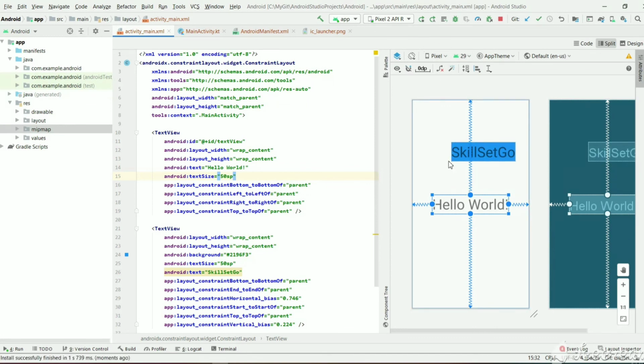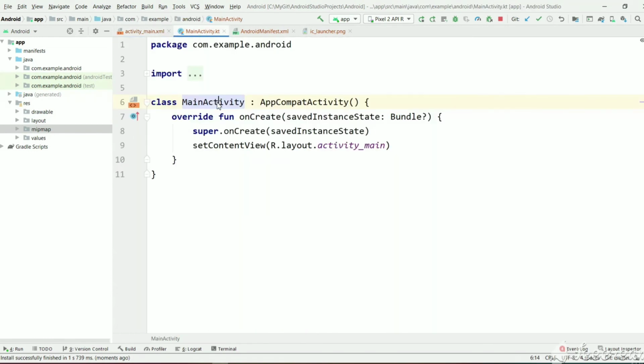So the main concept you should know is an activity, and the activity is linked to a layout file where the main UI elements are contained. So in the next video we will be seeing the life cycle of an activity. Here we have seen a simple activity, but it has a life cycle which we should learn. So the life cycle of an activity will be seen in the next video.